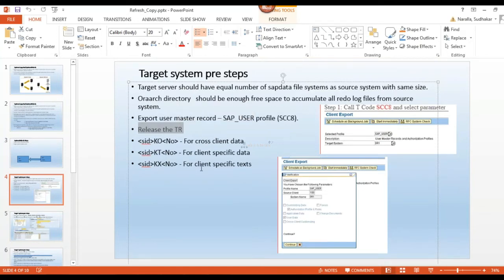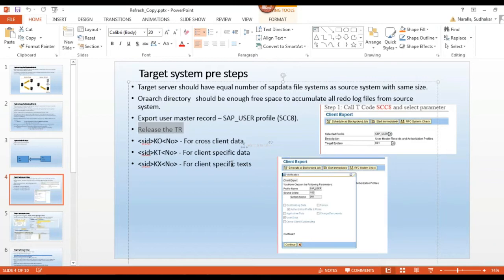Why do we need to release the transport request? If we release the transport request, then only the data file and co-file will be generated at operating system level. Data file will be stored in the /usr/sap/trans/data folder. Co-file will be stored in the /usr/sap/trans/cofiles folder.